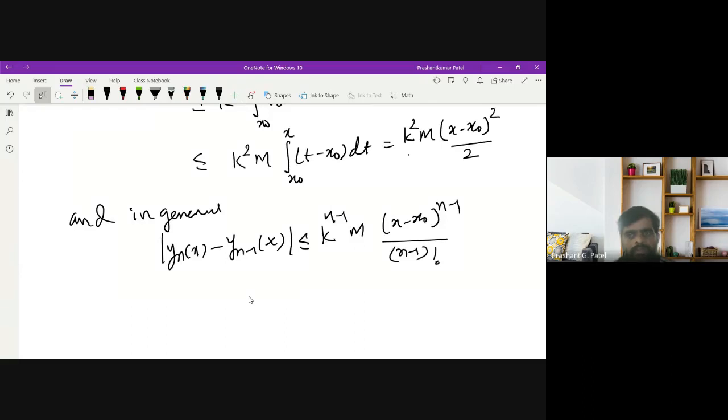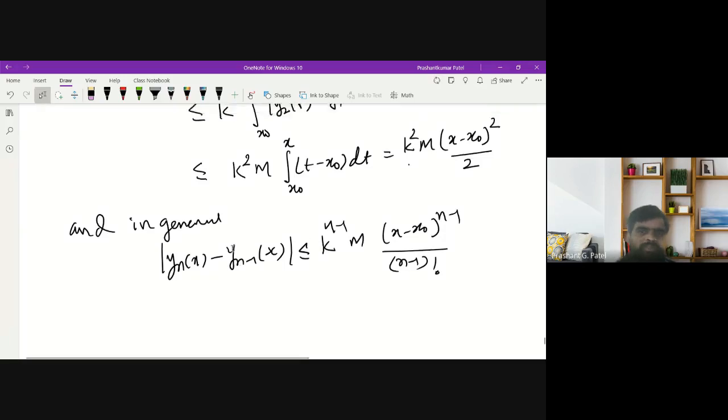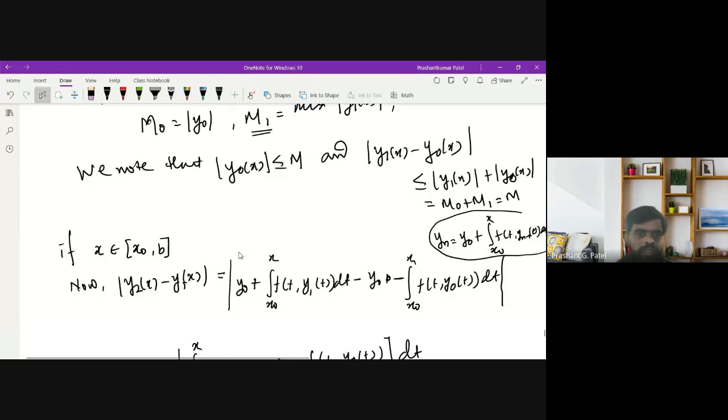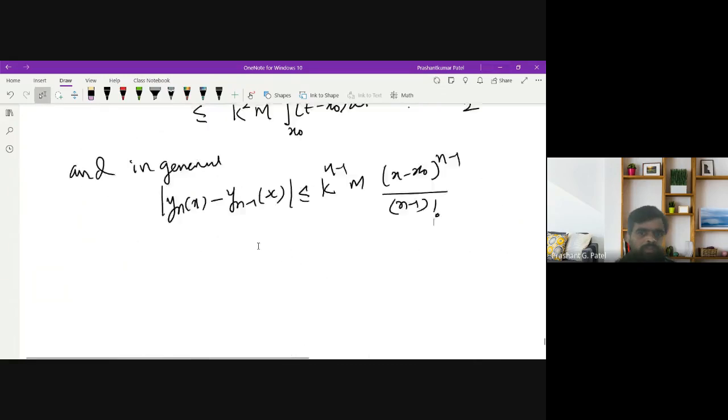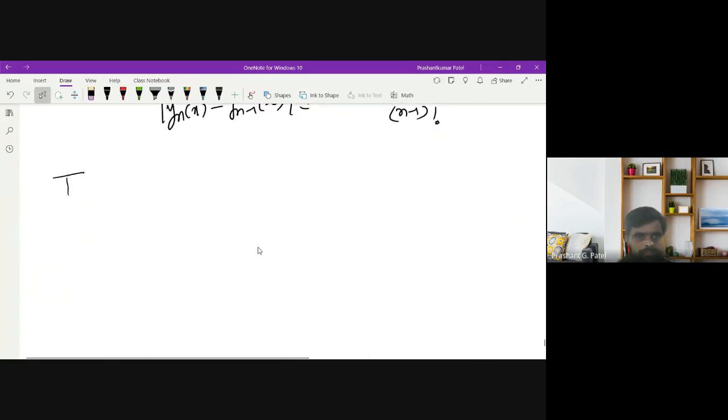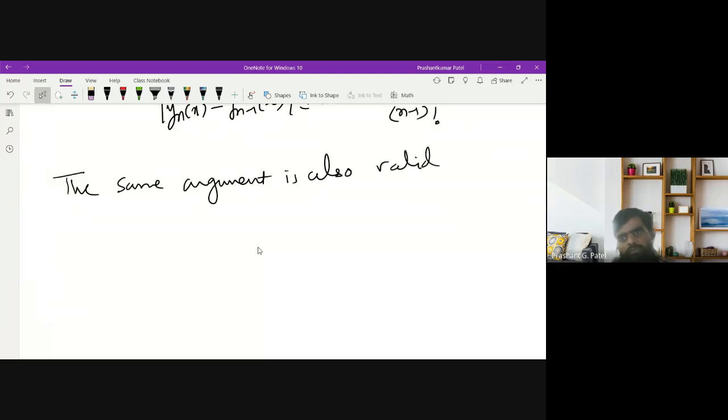This is the argument for all x in the interval x0 to b. The same argument can be given for the interval a to x0, so the same argument is also valid for x between a and x0,